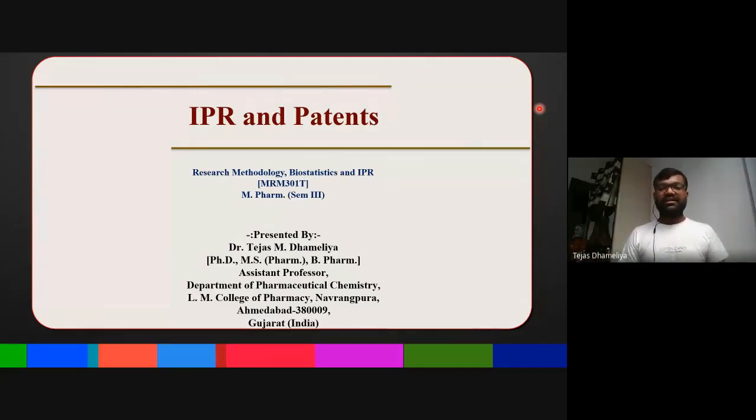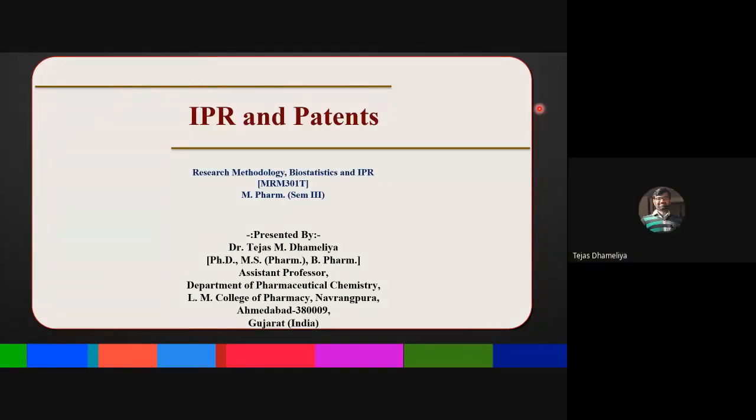There can be another form, which is form number two. Form number two is majorly the complete specification for filing of the patent. So for the complete specification for filing such a patent, form number two can be useful. What is in form number two?